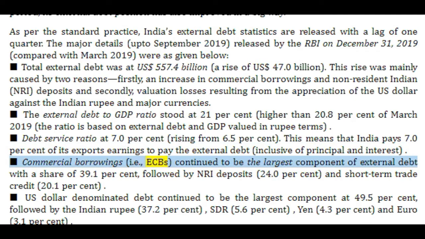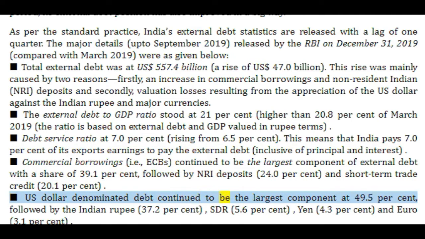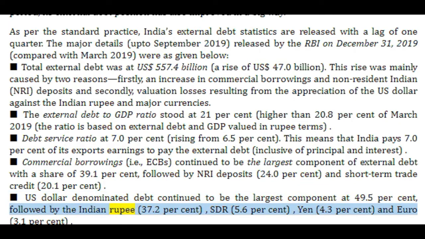Commercial borrowings, i.e., ECBs, continued to be the largest component of external debt, with a share of 39.1%, followed by NRI deposits, 24.0%, and short-term trade credit, 20.1%. US dollar-denominated debt continued to be the largest component at 49.5%, followed by the Indian rupee, 37.2%, SDR, 5.6%, yen, 4.3%, and euro,